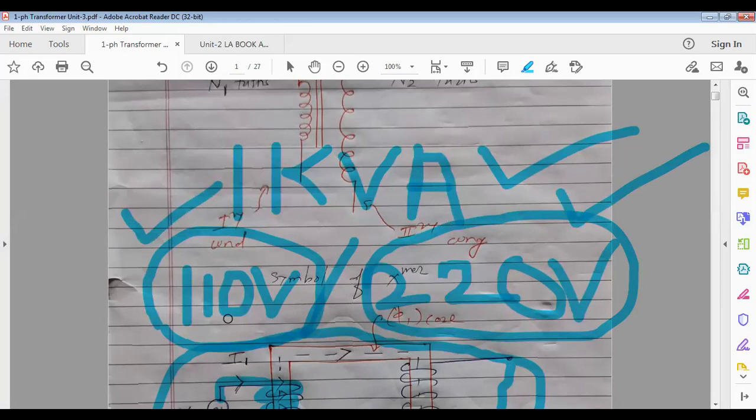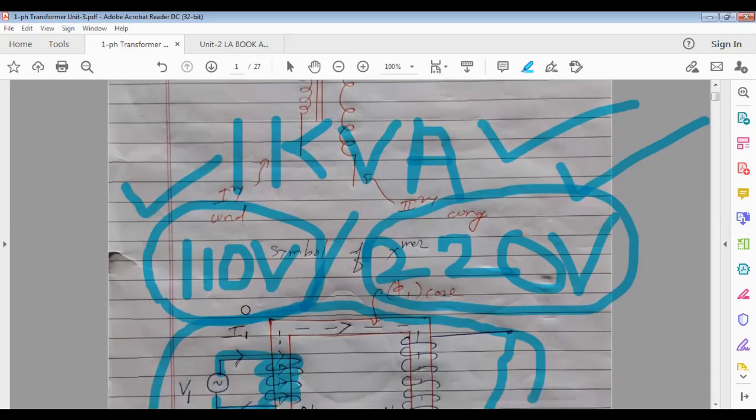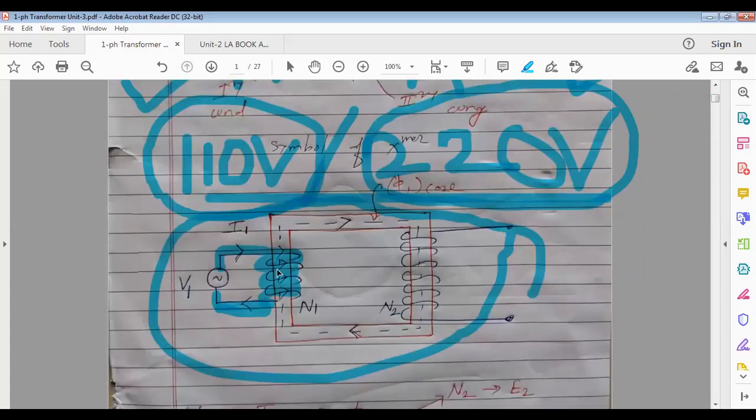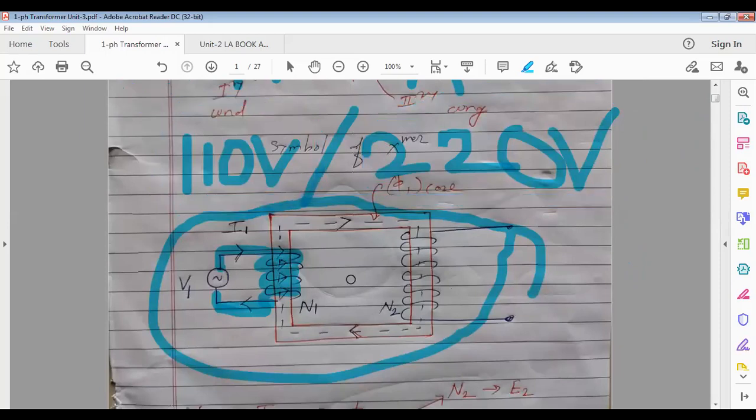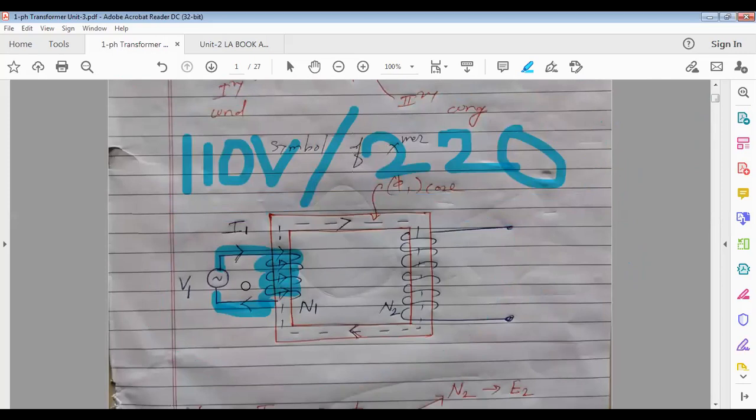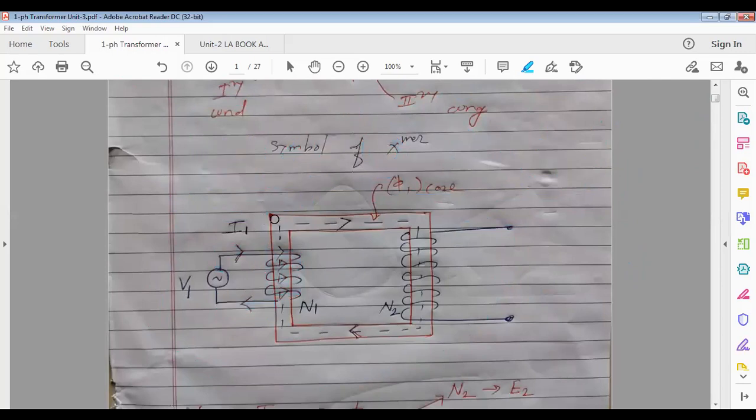So how much voltage you are going to apply across primary, how much voltage you will get across secondary, based on these the thickness of this primary and secondary winding is decided. Means the thickness of the insulation depends on these values. Now here, primary and secondary windings are both made up of copper, and they are insulated with some insulating material, and these windings are wound on two side limbs.